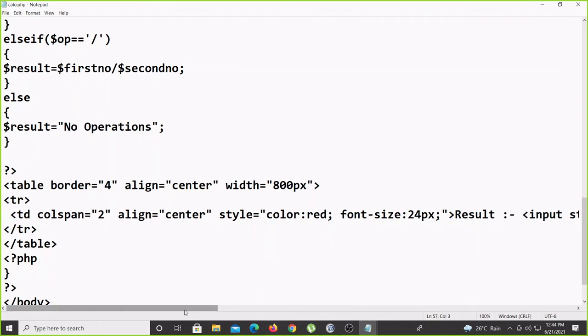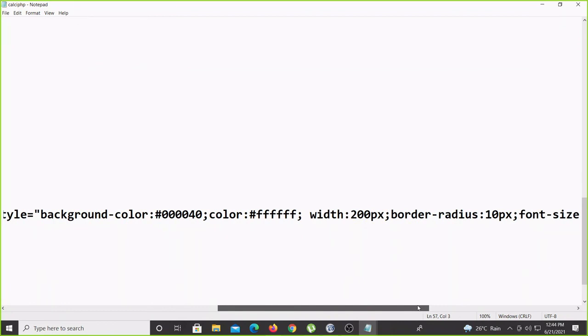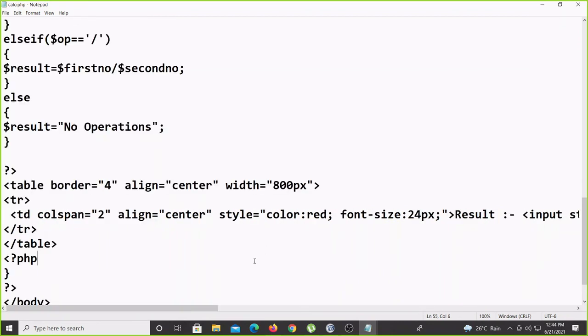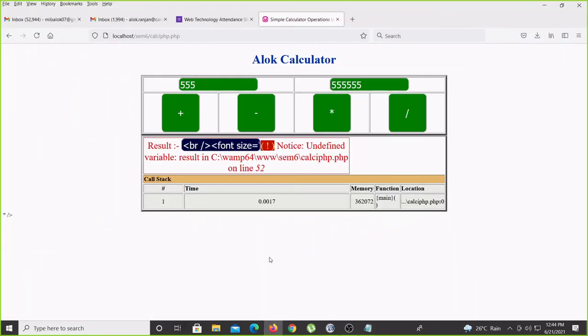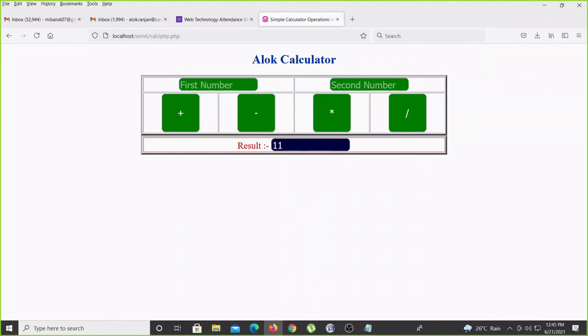And one more problem they are telling, td. Ctrl S, refresh. Yes, now the result part will come once I click. So I click here, 5 plus 6 is coming, 11 is the result.